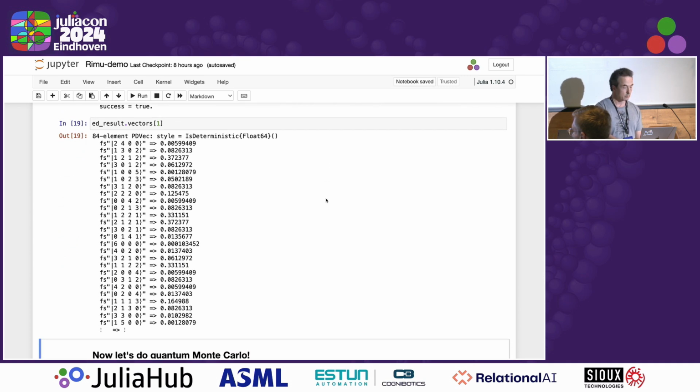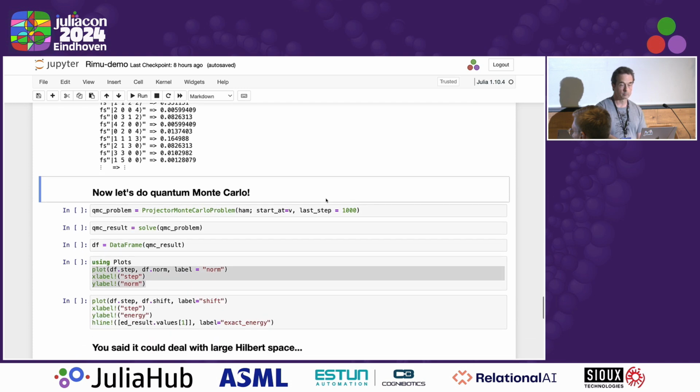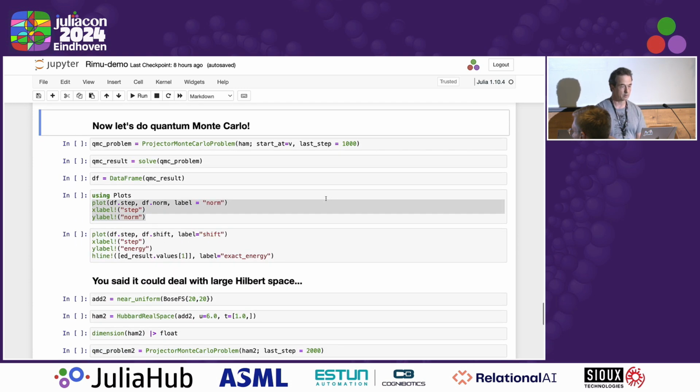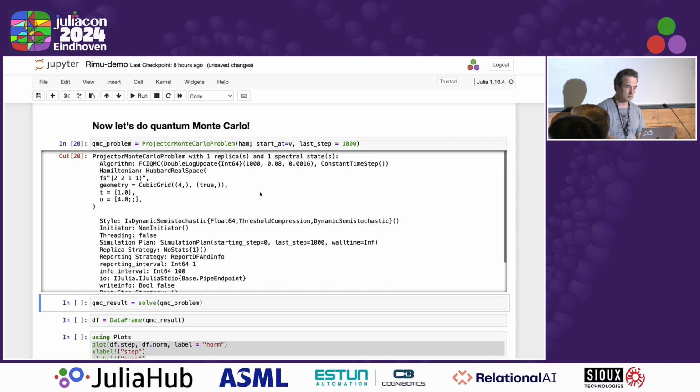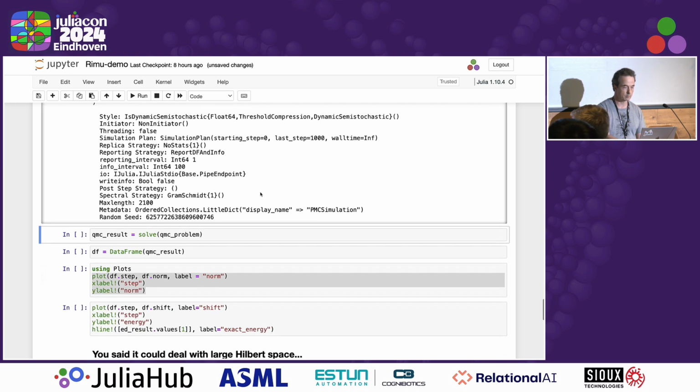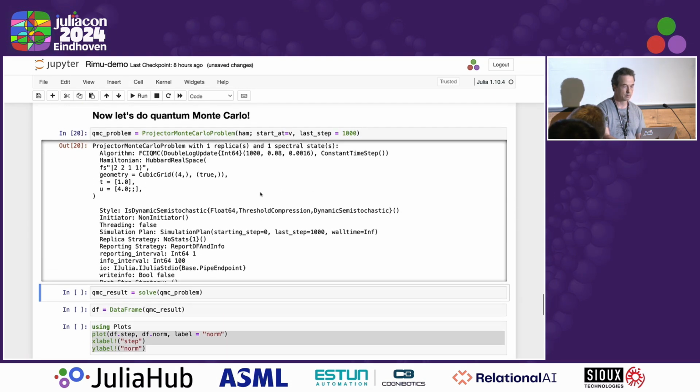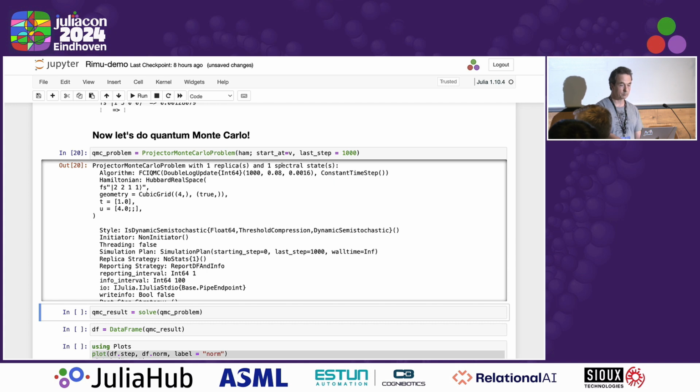Right, so now let's do quantum Monte Carlo. This was just linear algebra so far, numerical linear algebra. So we instantiate a projector Monte Carlo problem, and you see it prints out with quite a lot of details. This is all the options that I didn't specify, but you can specify them as keyword arguments of specific algorithms